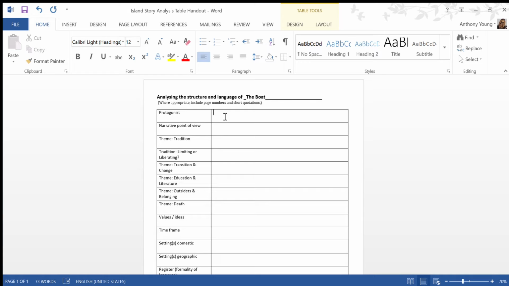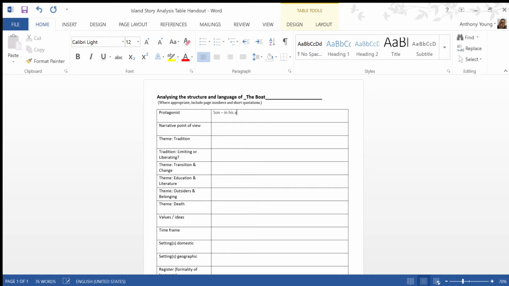Now I think that this for the boat is somewhat complicated, because obviously the story is told from the point of view of the son, and he's perhaps the narrator, but the protagonist, as the person that drives the story forward, you could make an argument that it is actually the father, but I think it is still actually the son, because it centers on him and it follows the trajectory of his life. So I'd write there the son